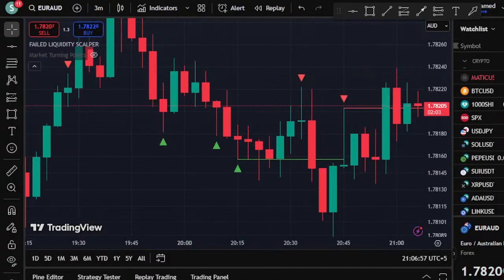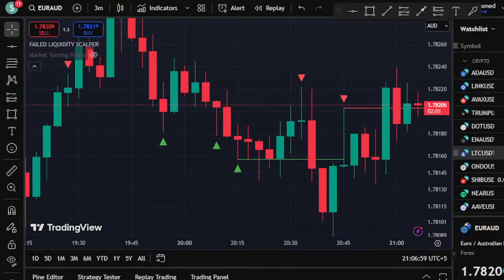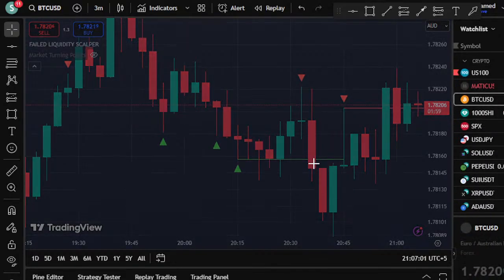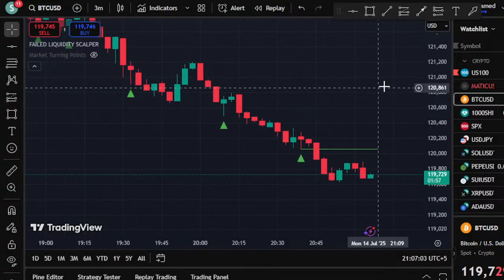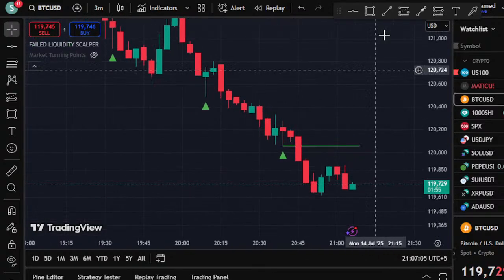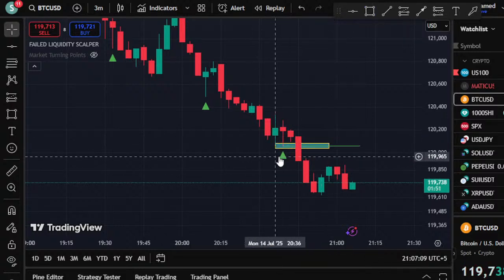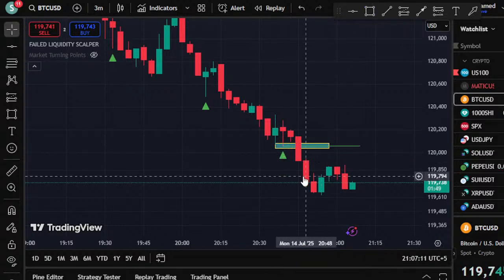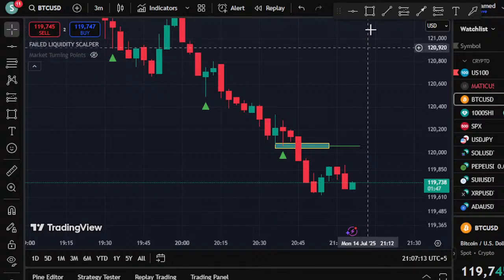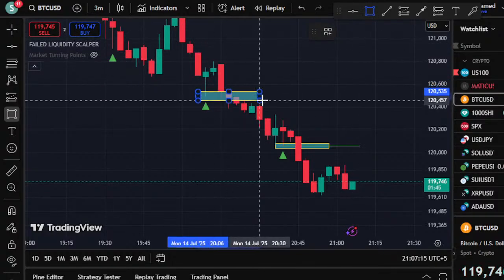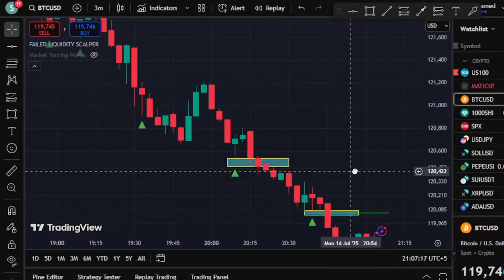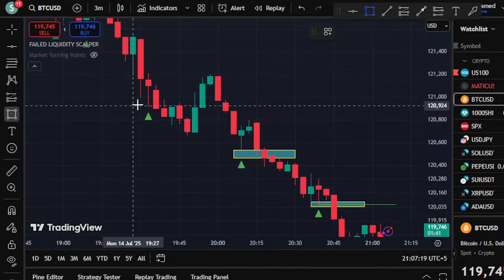Now let me show you one by one each and everything. For example, if the crypto traders are watching this live stream, then they should know that the Bitcoin was bearish because the price breaks the low of the signal candle. Just look at how amazing this indicator is, and it is already telling you to sell, sell, sell. There was no buying. This was only sell, and even for the third time, you can see.